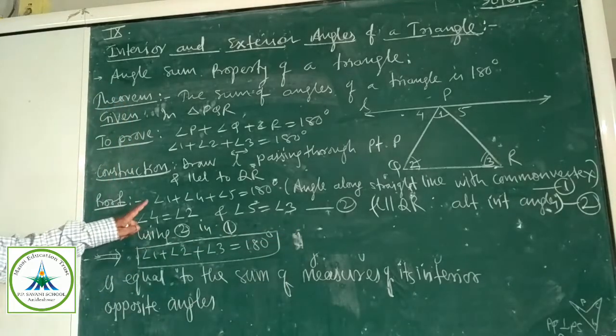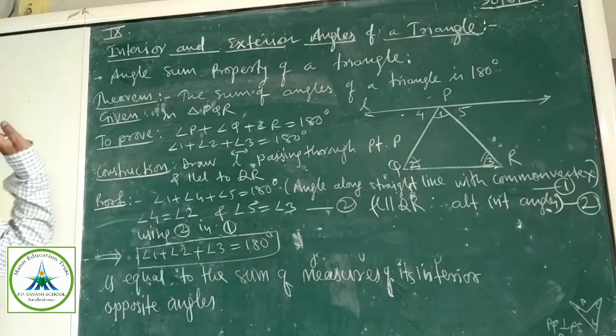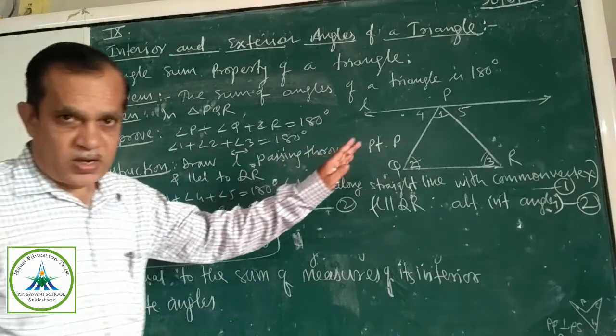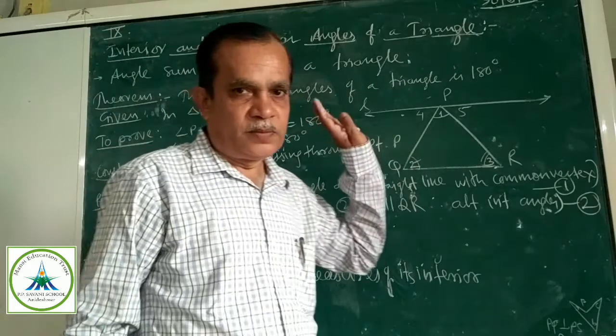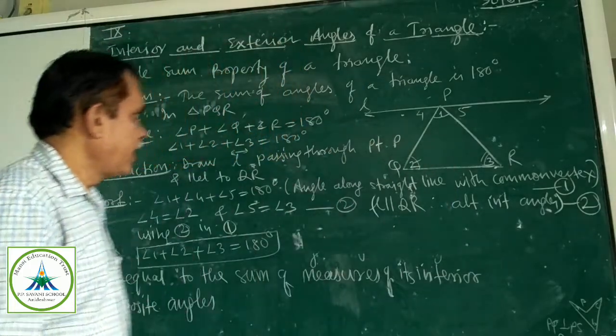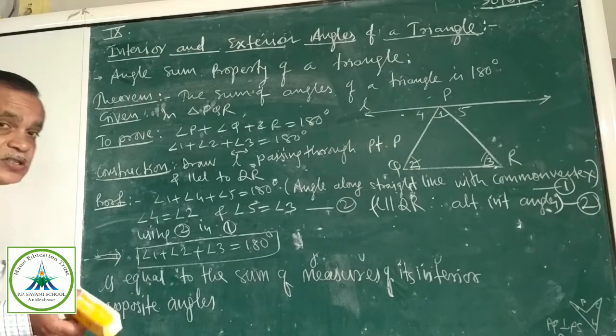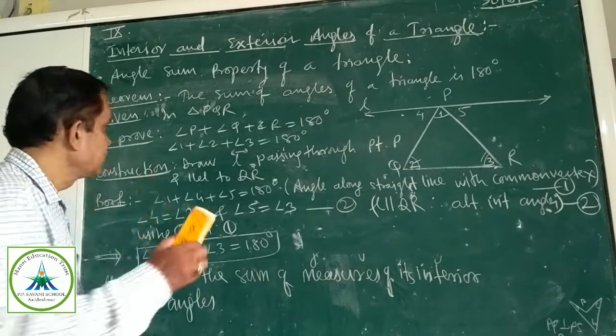Look here, only 3 steps. This construction is important. The important part of this is the concept. Okay, very nice. Now I hope you all understood and you can remember this theorem. This is coming in exam for 2 marks. Remember, compulsorily this is coming in exam for 2 marks.